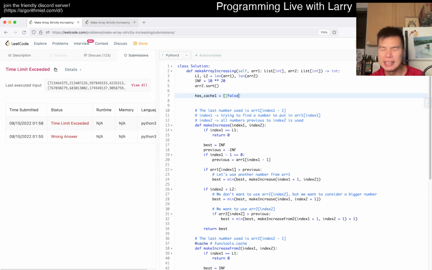And I know that it's very tempting to put it in a dictionary, but if you have a TLE, a dictionary is just slow on tuples in general. It is what it is after a certain point. So you actually want a two-dimensional array for that reason. So yeah, let me